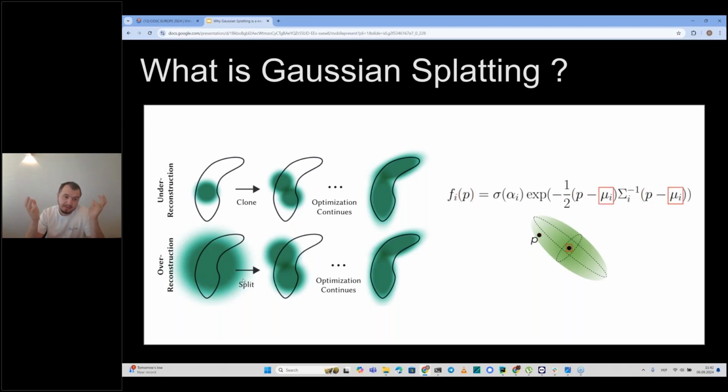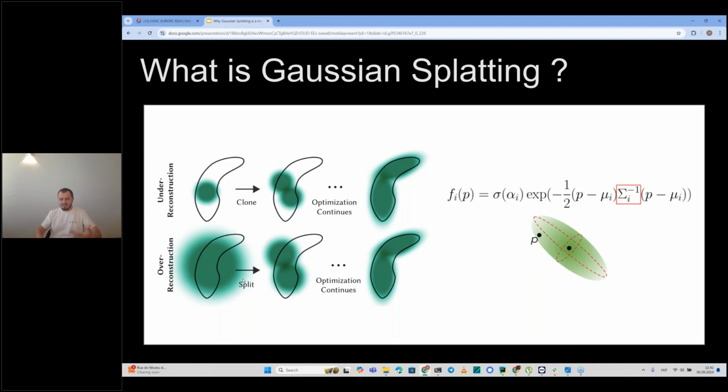So by increasing the number of these Gaussians in this 3D space, we can approximate pretty correctly a lot of different shapes and light patterns.